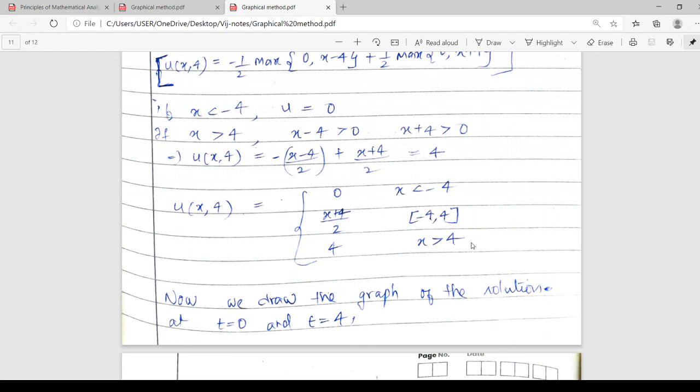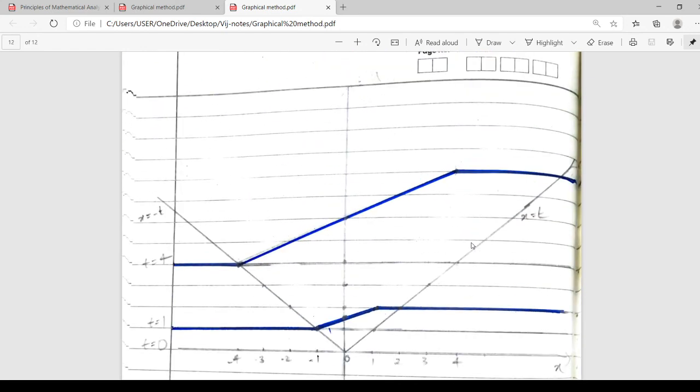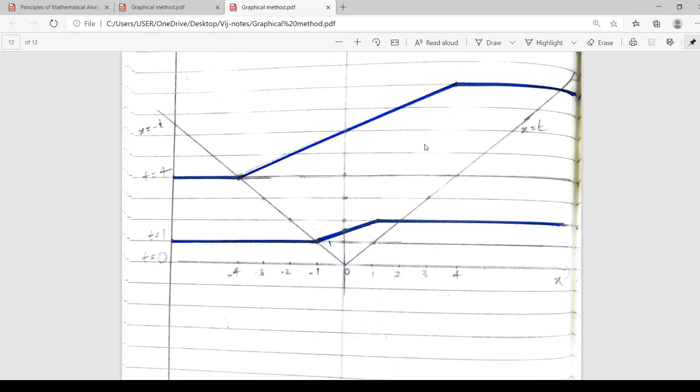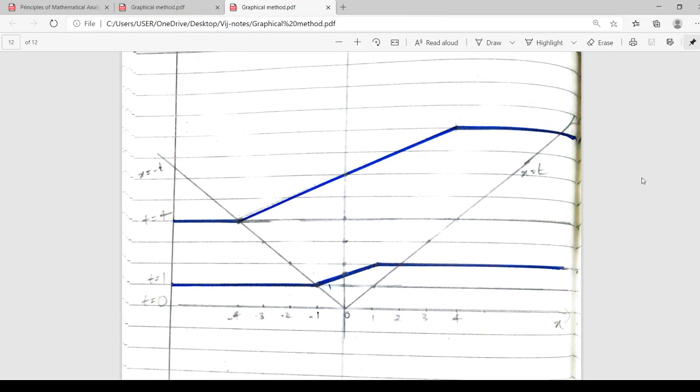Now we will draw everything in one graph. So again we will take this as u, and this is x. So this line corresponds to t equal to 0. At t equal to 0, the solution u is 0. So these are the lines x equal to t, x equal to -t, the characteristics. At t equal to 1, this is the graph, this blue one. At t equal to 4, again this is the graph. Okay, so you have to see the graphs clearly, how we have drawn them here. We have drawn t equal to 1 separately, and we are embedding all this into one graph. So this is a graphical method by which we can solve the Cauchy problem.